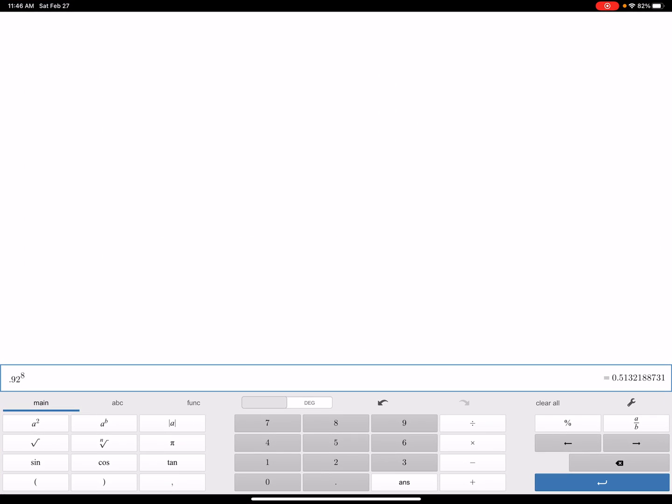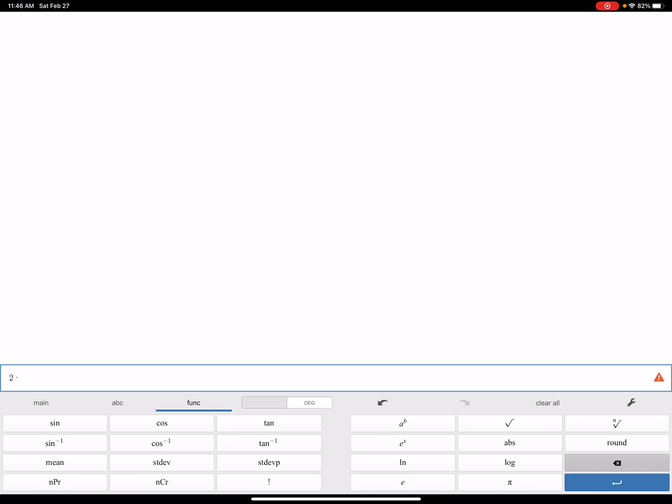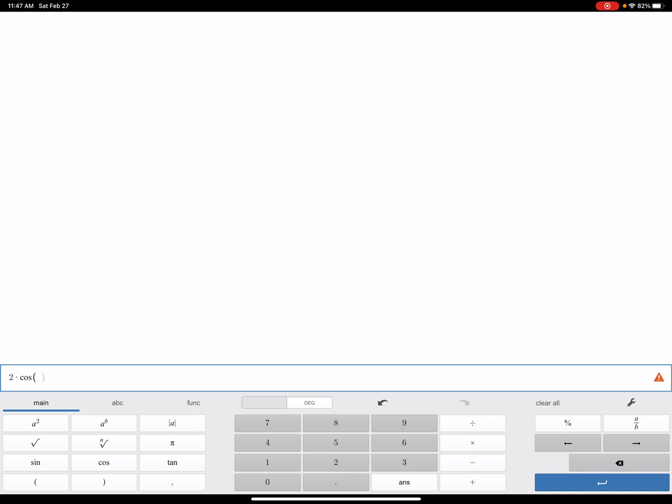I can just type that in my calculator all at once because it will do it for me, but that does have to be taken care of. So 2 times cosine 36 times 17. See, that's inside the brackets, making sure that that order of operations is maintained. And then the plus 1 comes at the end. And I got